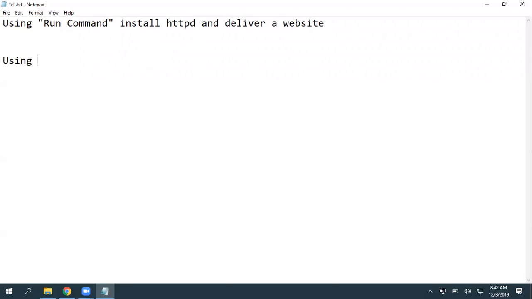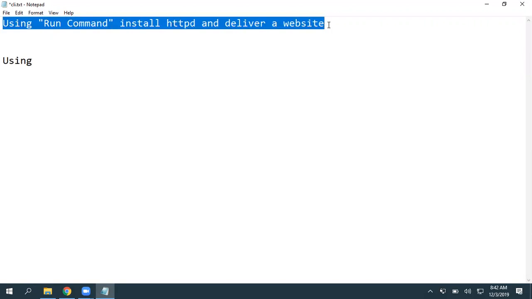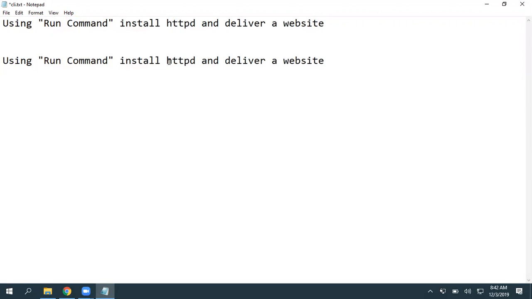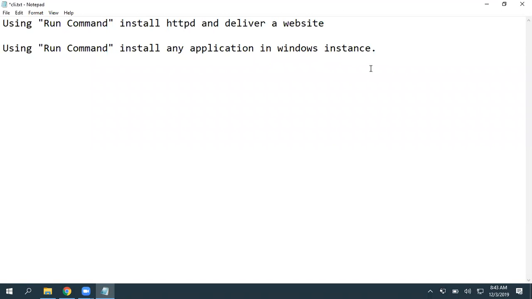And another one, using Run Command, install any application. Take any application and try to install that. You can take PuTTY also. Somehow I got an error, but I'm not sure about that. If we log in and verify, we can get a bit more information about that, but it should work. So instead of that, you can take any other very simple application. Take that and install that.